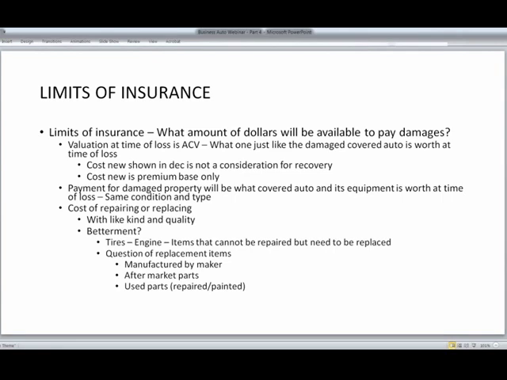Clearly, as a part of the settlement and the adjustment, we owe that these parts are in fine condition, they fit properly, they have all the seals, they're not warped, and they're repainted or repaired and brought back to the condition. But you'll hear this discussion often, and we do not owe, in my opinion, the manufactured new part. We could use aftermarket parts. There are a lot of marketplaces for rechroming fenders and those items, but we also could use used parts as long as they are of the quality of the type of parts that was damaged on our insured truck. This is a function of the